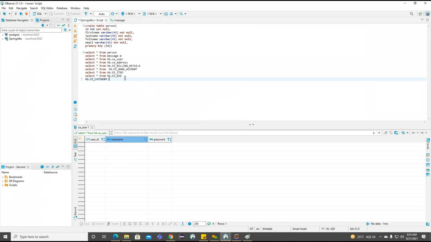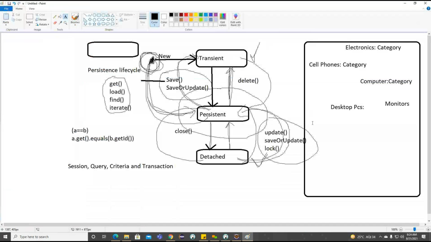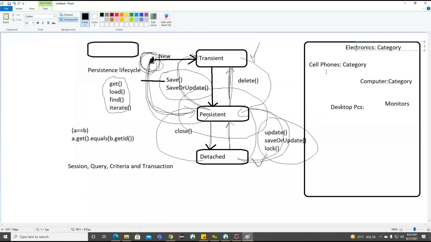So to understand here, now what we can do, select star from category. Now you can see the name of the category we are having is electronics here. So this is our parent category. So as of now, for this particular category, we don't have, getting the point, we don't have any records here. So we need to make the child categories. What are the child categories we are having here? Cell phones and computer. So let's see here, electronics is our main parent category, cell phones and computer here.